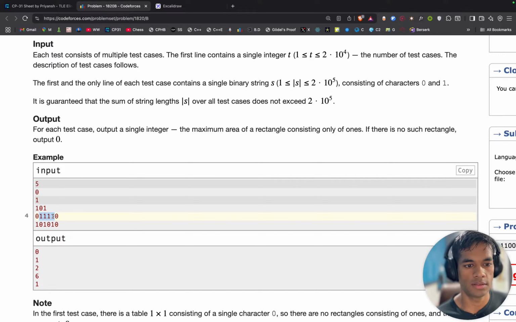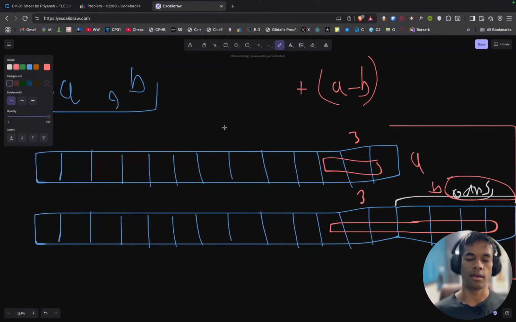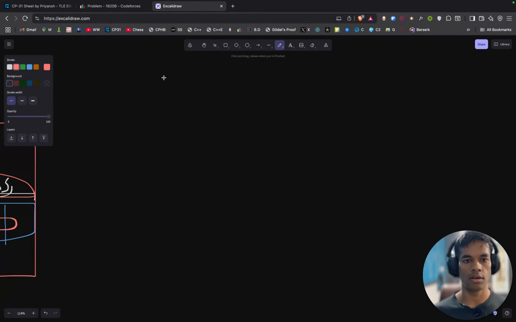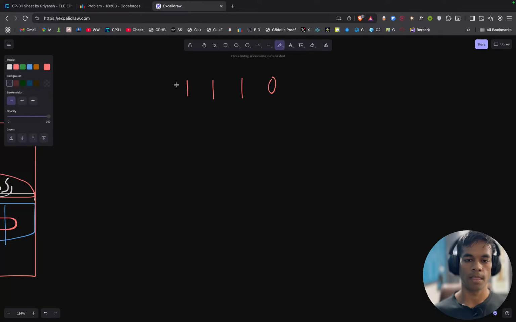Okay, I think I have to find the greatest number of consecutive ones. Okay, let's say I have 0 1 1 1 0. Then the next one would be, I can remove the first 0, that literally does not matter. This one does not matter. And then the next one would be 0 1 1. And now if I were to right shift it,